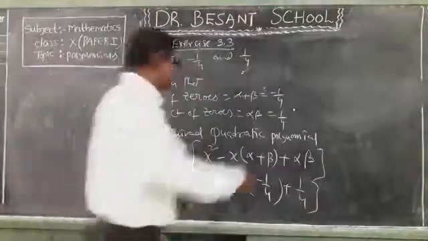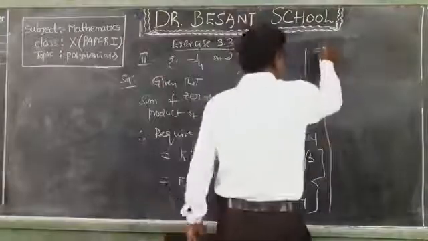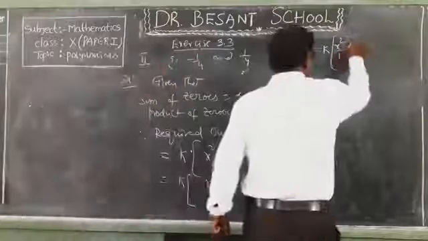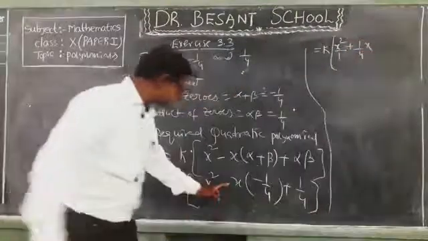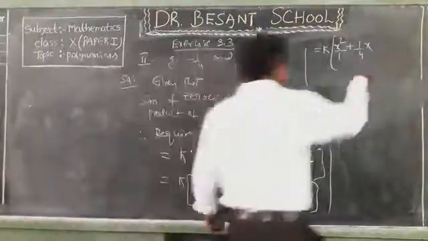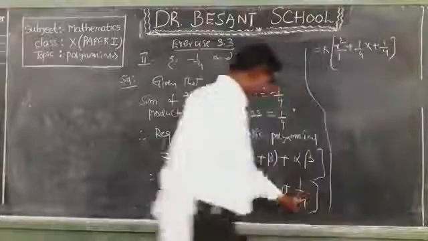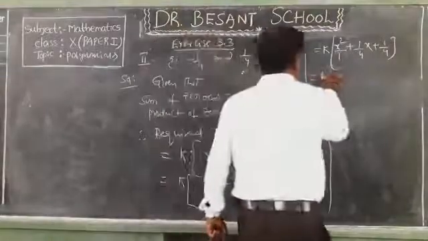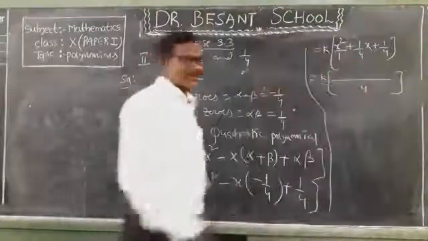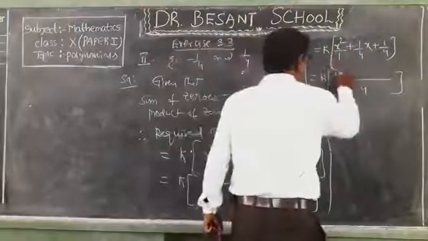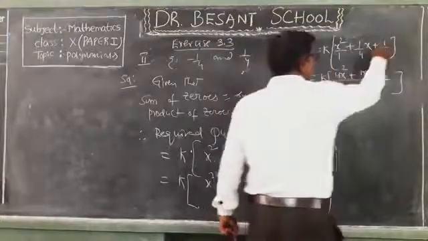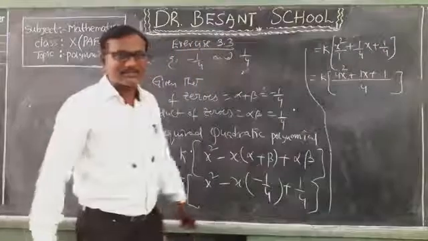Okay children? Yes. That is equal to, I will simplify here, k into x square by 1, again plus 1 by 4 x. Why? Because minus into minus is plus, so plus 1 by 4 x. Again plus, this we already have, 1 by 4. Now observe, this is k into, what is the LCM for 1, 4, 4? 4 is the LCM. Now observe, 4 ones are 4, 4 into x square, 4x square, plus 4 ones are 4, 1 into 1x is 1x, plus 4 ones are 4, 1 into 1 is 1. So what do we have in the denominator?